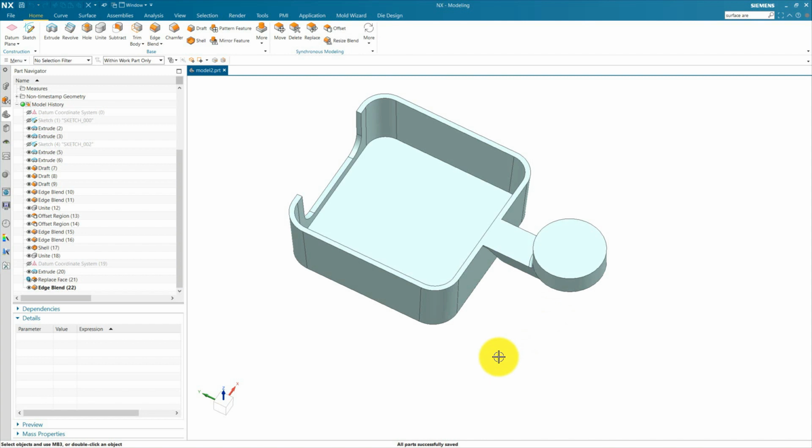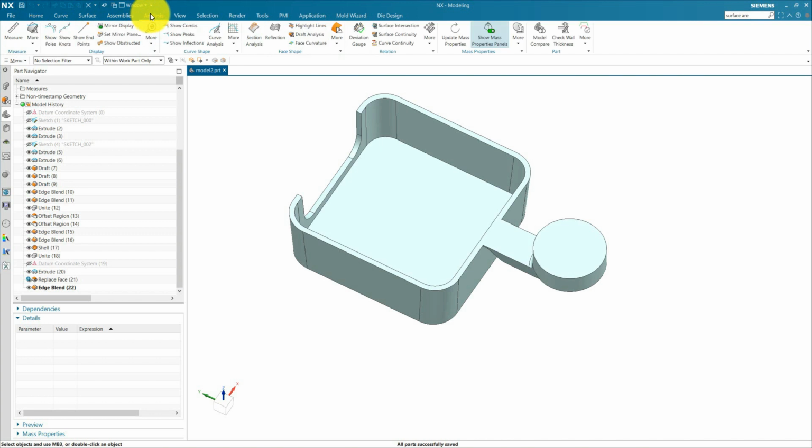In this video, we are going to create a point for our center of mass, which is also called center of gravity, and create a projected surface and measure a projected area for this model. Let's start this video. First, we are going into analysis.